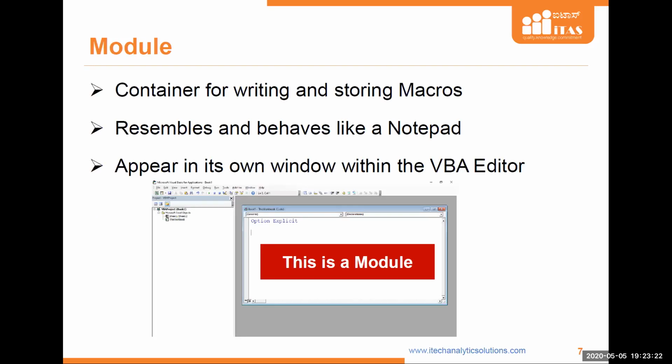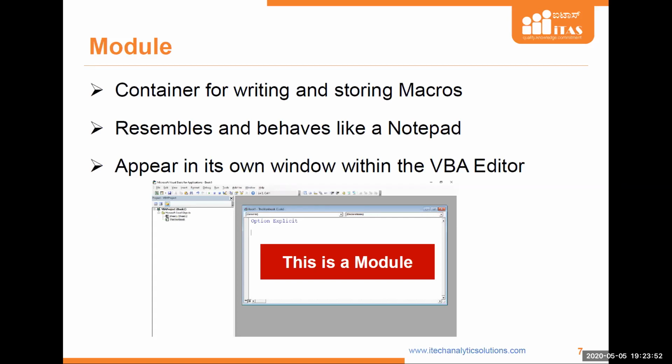They are containers for writing and storing macros. These modules are necessary, and they just look like a notepad, nothing more or less. They look like a notepad, but your text will be colored based on whether it's a keyword or a comment. You can see some words being colored differently, and it resembles and behaves like a notepad.